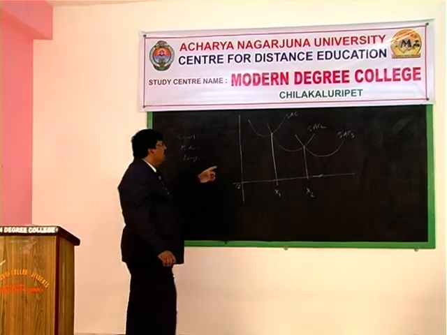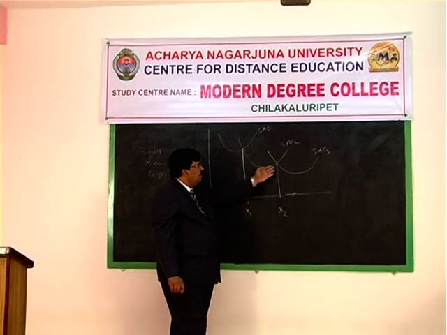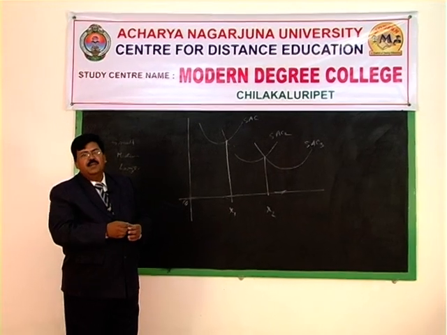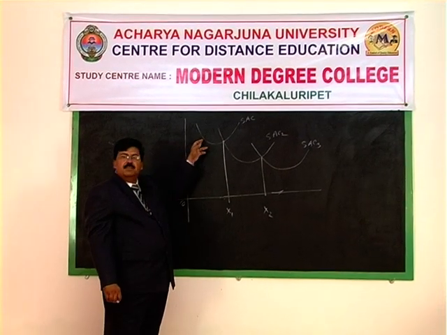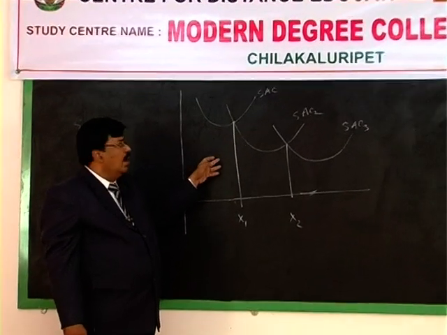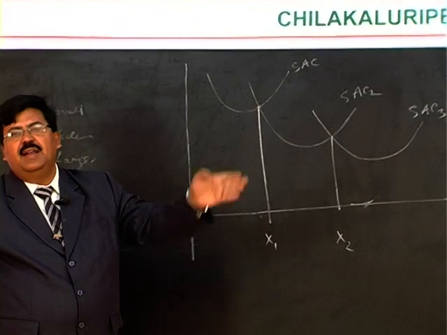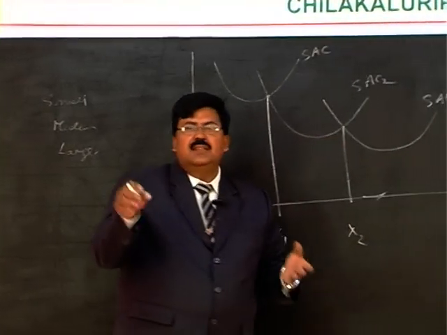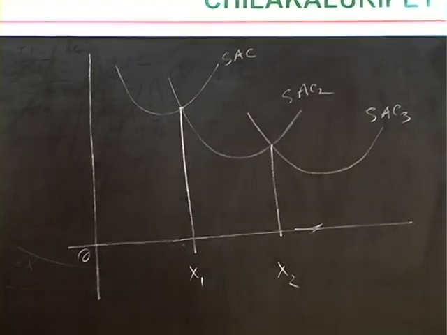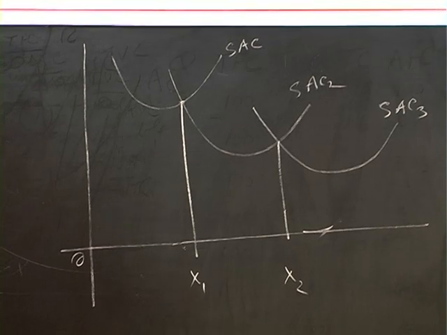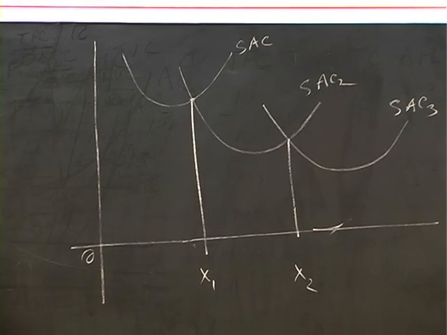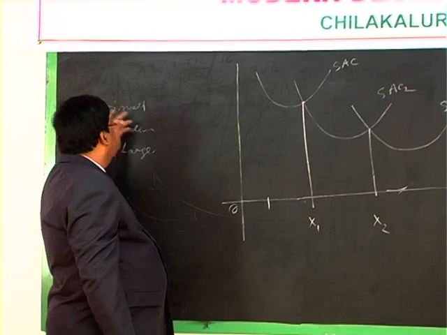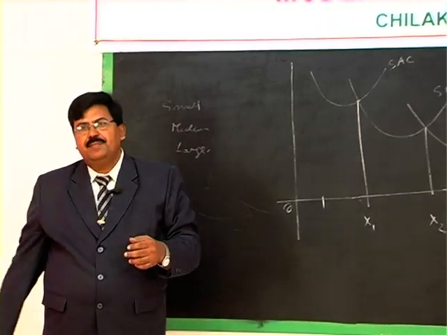Here, whether he will use a smaller machine, medium or large depends not on the basis of lowest cost, but something else. For example, he may go in for a smaller machine because per unit cost is low, or he may go in for a medium machine, keeping in mind future expansion possibilities. Similarly, medium or large. So here the decision is not on the basis of least cost per unit of output, but on the basis of something else. Imagine he has three options: a smaller machine, medium machine or larger machine.